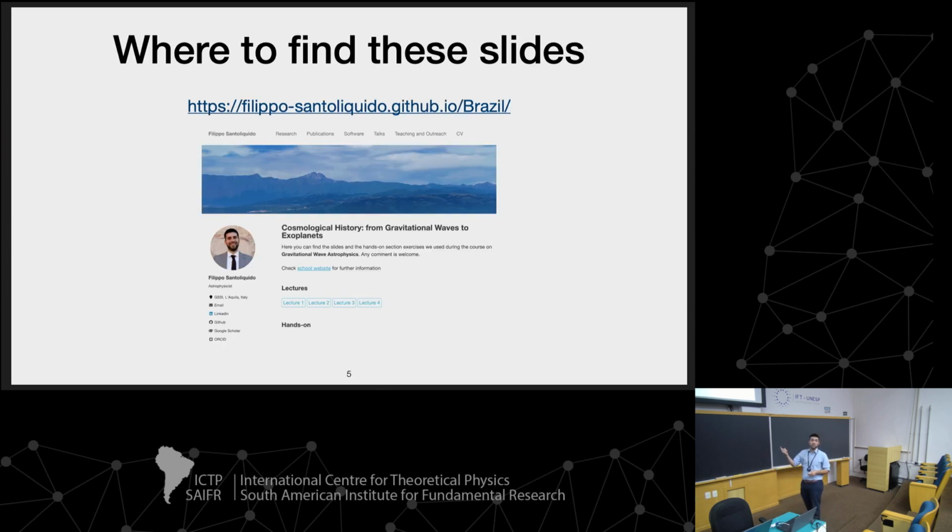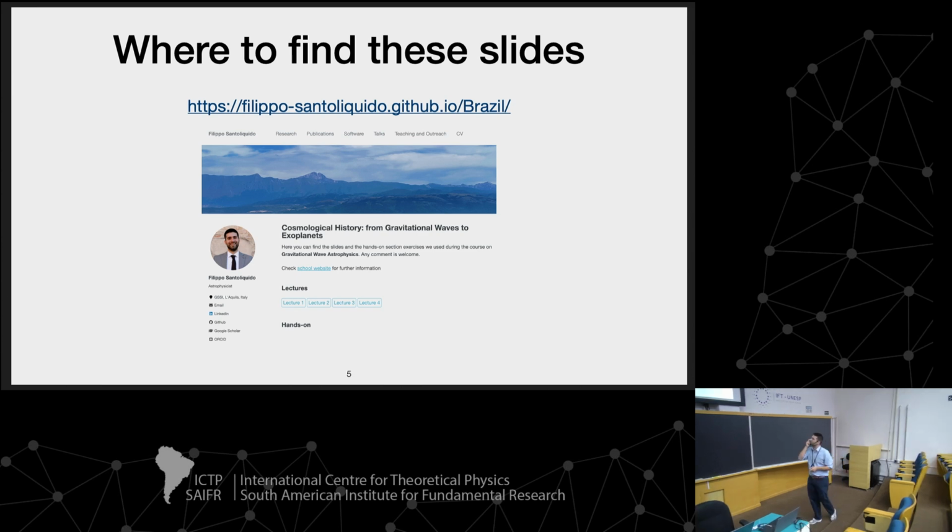Where you can find material in these slides, you can go to my personal webpage. I mean, the name of the page is quite easy, Brazil. So just to be extra sure you don't get confused. You have the slide lectures. If you click on those buttons, I might update them during the days. So if you want to store them, just be sure to do that at the end of the school. And in the page, you also have the hands-on sections with instruction, but we're going to use those this afternoon.